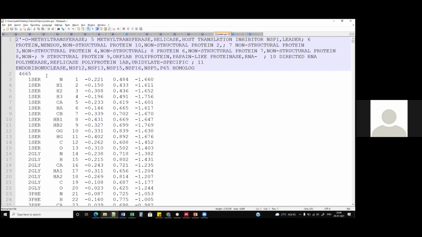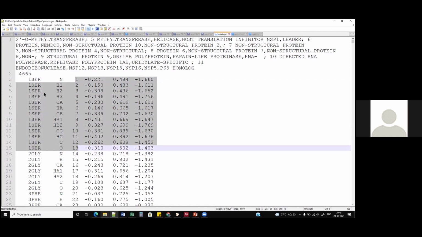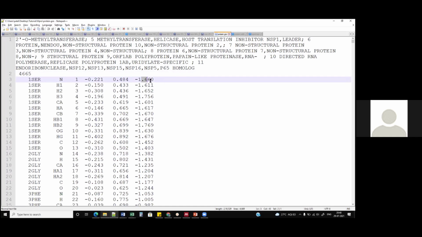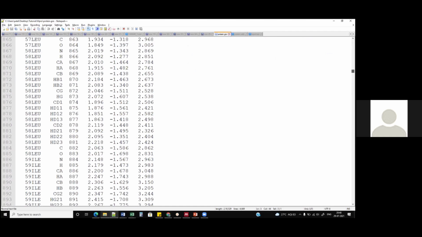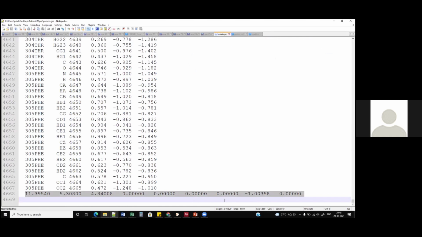What the GRO file includes is the number of atoms over here, the residue, that is the amino acid, the number of that amino acid, the first one being serine, the second one glycine, the atoms of those amino acids, numbered 1 to 13 in this case, and then we have the xyz coordinates. At the end of the file we do have certain values over here. Just ignore them right now.